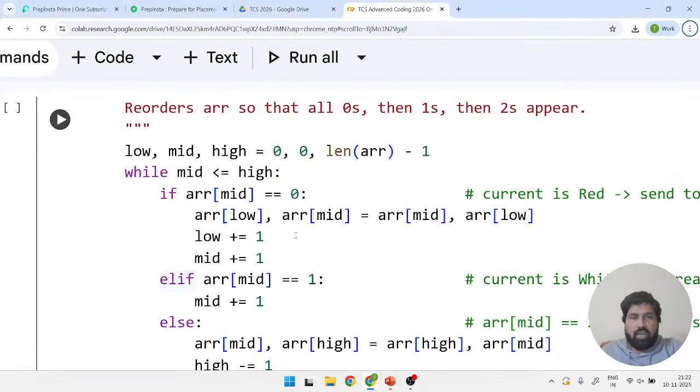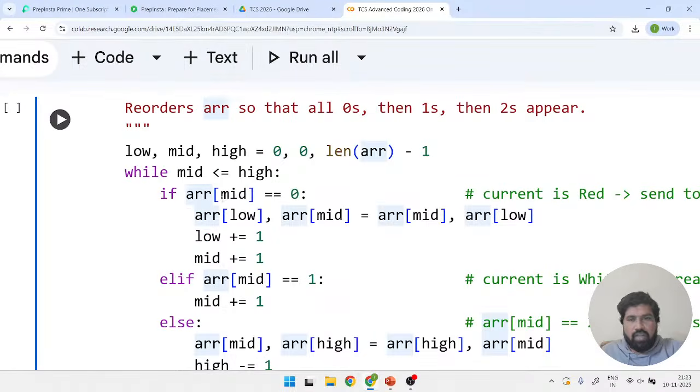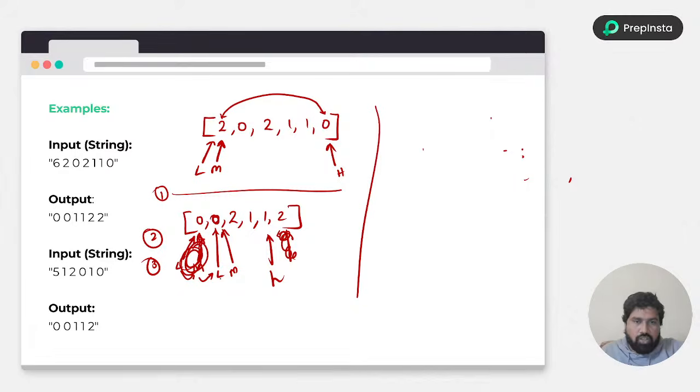In the second iteration, what will happen? ARR of mid is equal to 0. So ARR of mid is equal to 0 is correct. Correct means mid will increase by 1, low will also increase by 1. So now both will point to this 0. Second iteration completed. Again, third iteration. Low and mid are also pointing to 0. So the if condition will be executed. Again those will be increased by 1. So both are pointing to 2 here. So after the third iteration, what has happened is nothing but,